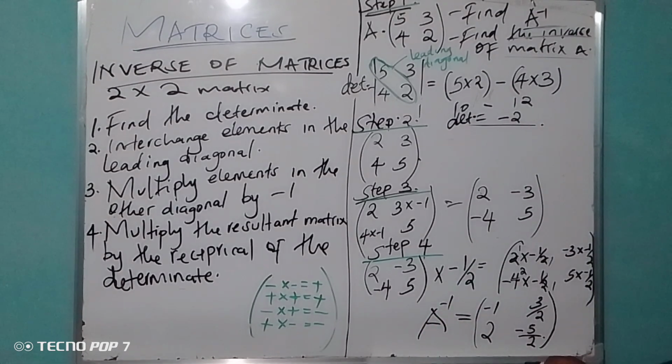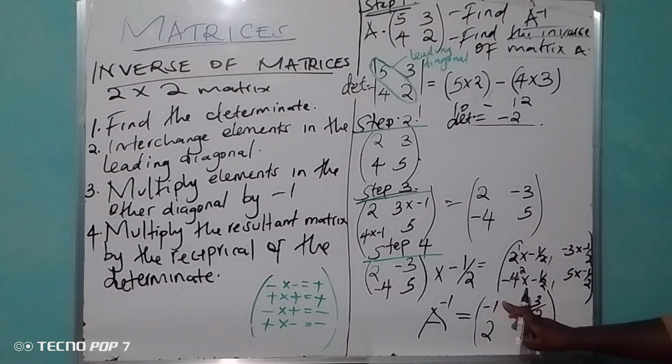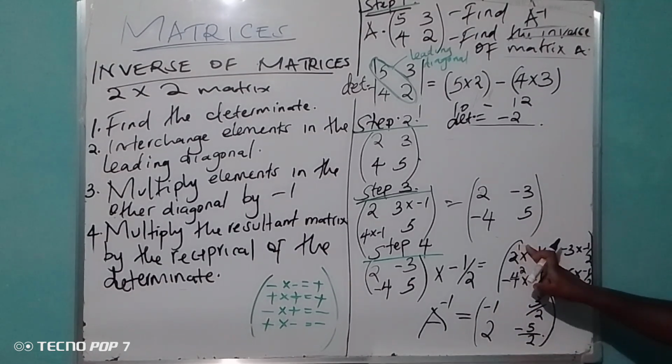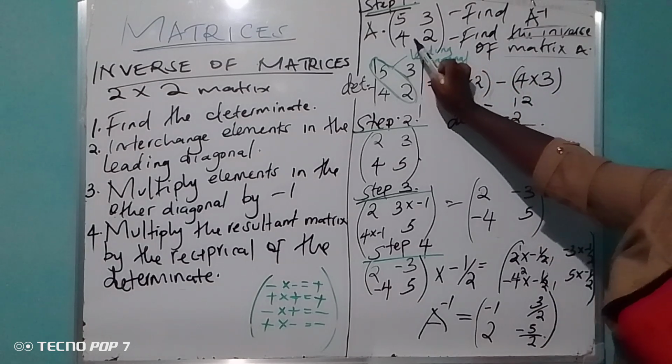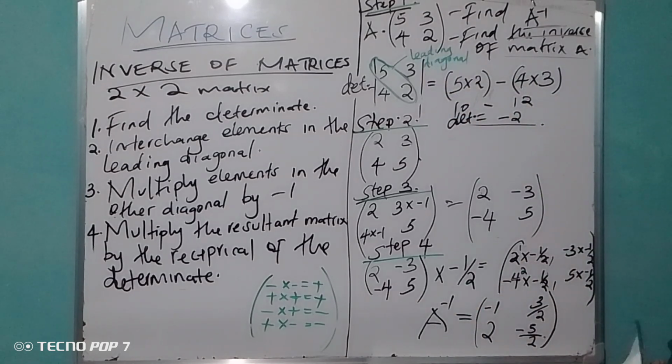This is the inverse of A. Hata hapo kama ni fraction. Okay, it's okay, but ile negative 1 ingekuwa tu 1/2. Wapi hapa? Okay, it's okay. So yeah, that is A inverse. Okay? Yeah. So we have